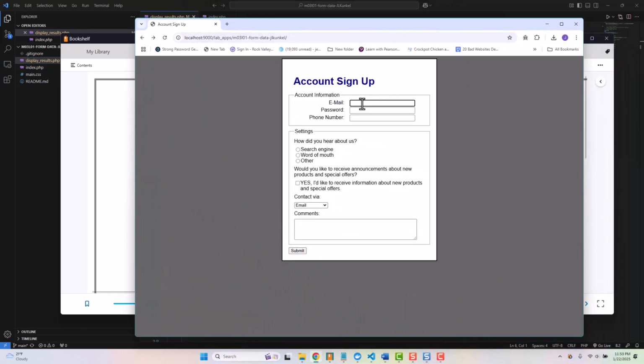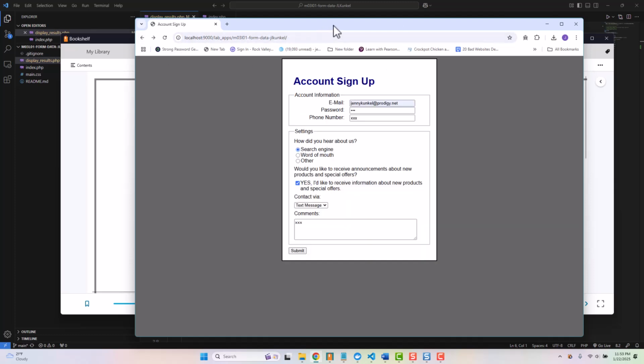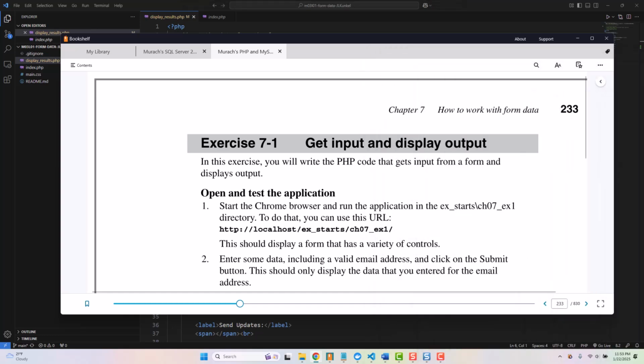If we go ahead and enter some data, we'll just go through and fill some out. And submit it. We see that we are only getting out the labels and our email address. We're not getting out any other data that we entered. So we have a little bit of work to do here. So I'm going to move this off the screen for the moment, and we're going to look at step 3,